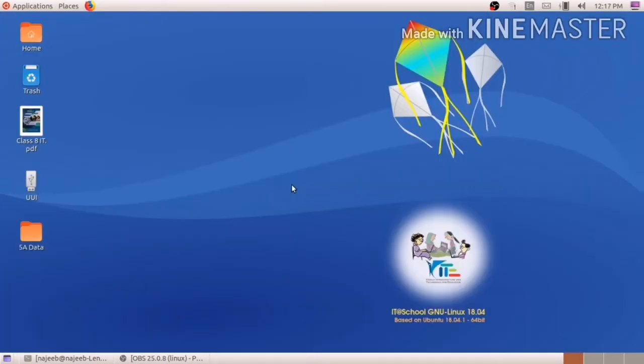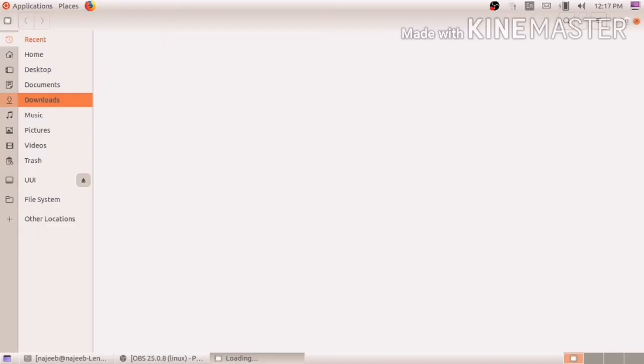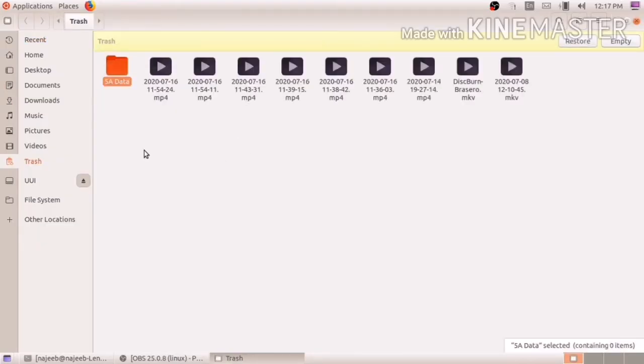Next is another way to delete a folder or a file. For that purpose you just select the folder. Okay, if I am going to delete this file A data, just click on that one, that is, you select this folder, then just press the delete button on your keyboard, then it is deleted. It is not permanently deleted, only temporarily deleted, then the data can be seen in the trash. Okay, opening the trash you can see the file A data. Okay, if you want to restore, then click on the restore.